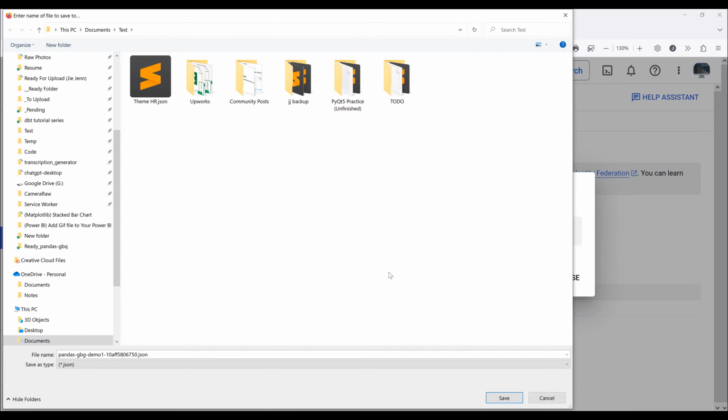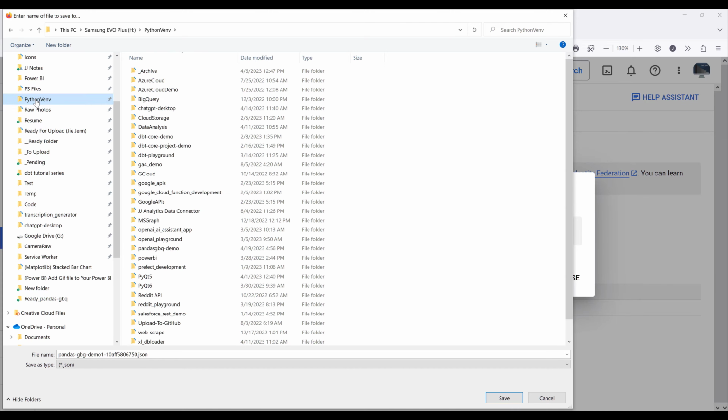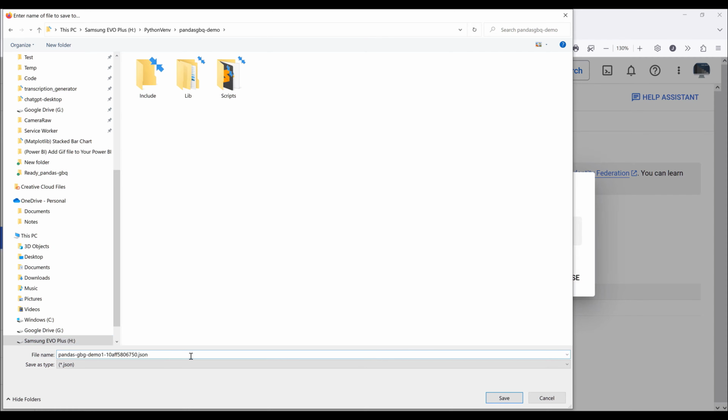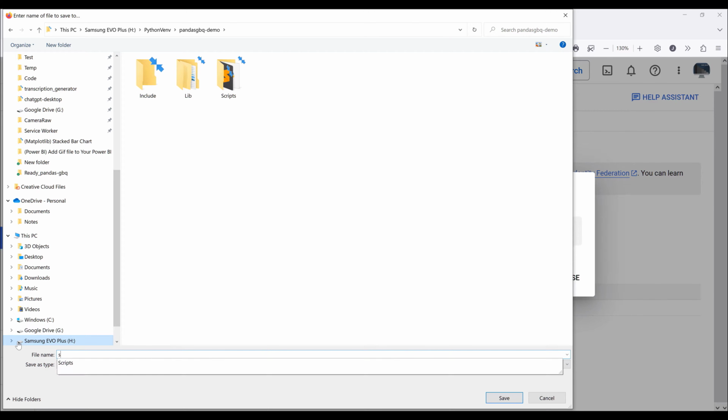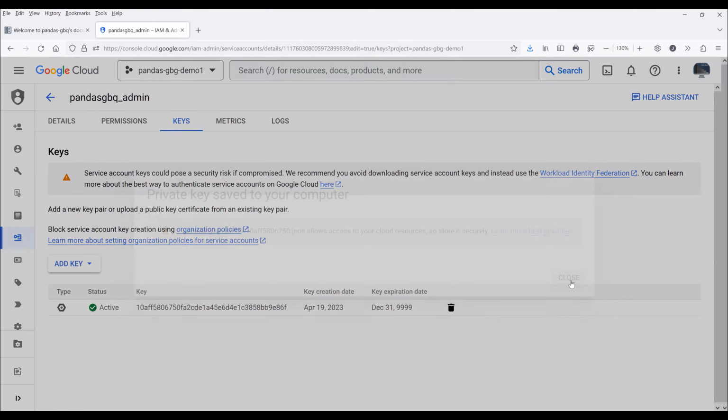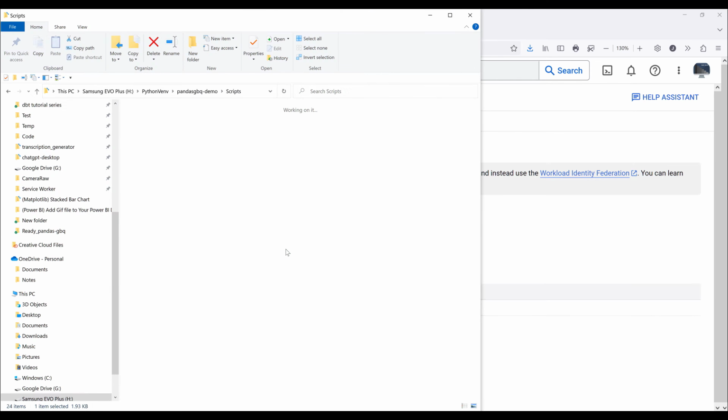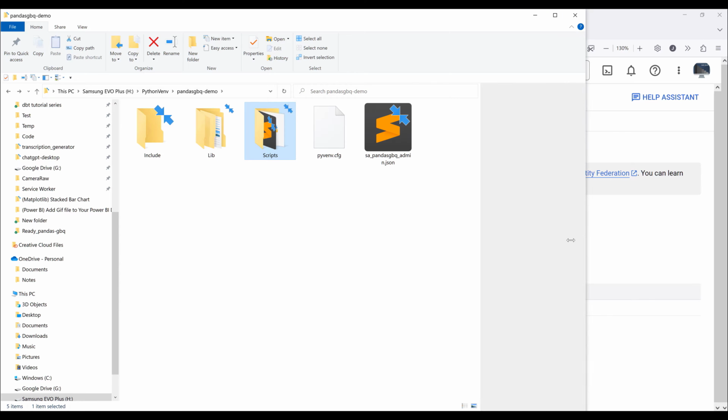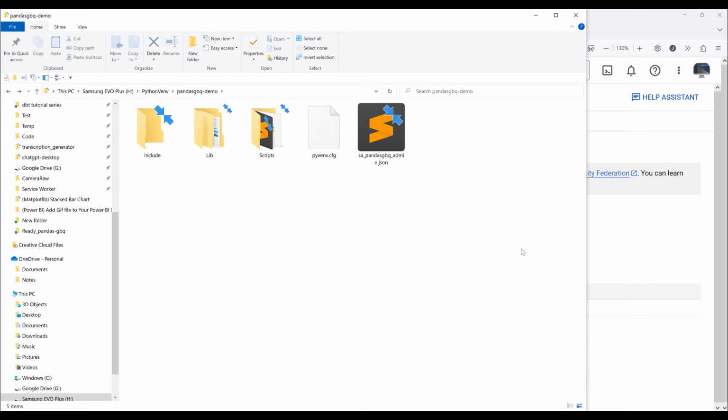Alright, so basically you can create multiple service account files that are tied to the service account. And I'm going to save the file. Name the file something that is easily recognizable. And I'll name the file SA, which stands for service account, pandas-gbq admin. Now that's going to be all the setup that we need to do when it comes to setting up our